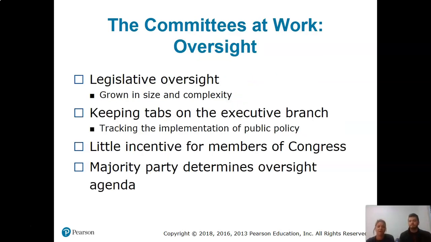Very good. Okay, so then that takes us to committees at work when it comes to legislative oversight. And again, I would say that the House performs this function a lot more than the Senate would. And legislative oversight throughout the years has grown tremendously in size and complexity. So I think the divide between the parties probably has had a lot to do with why legislative oversight is